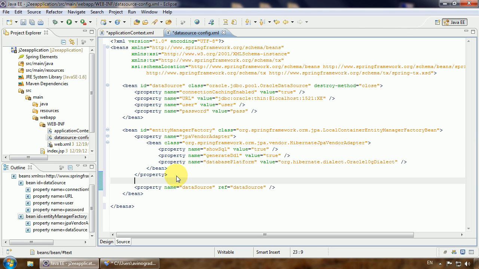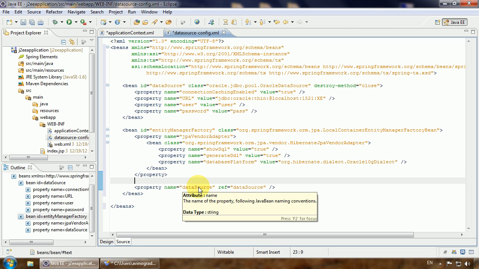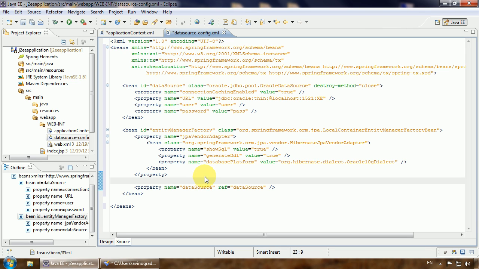So in Spring world language we just say we inject this dependency in this class variable. This is called Spring injection. We just have provided the data source to the entity manager factory bean,